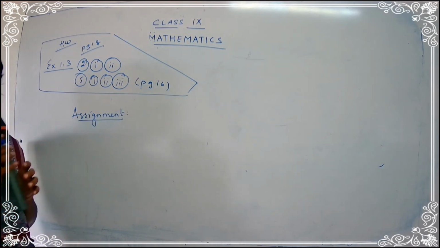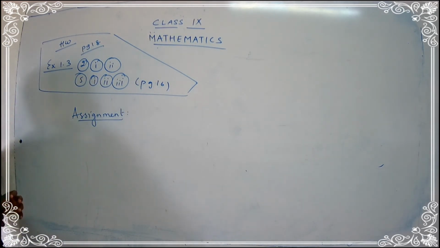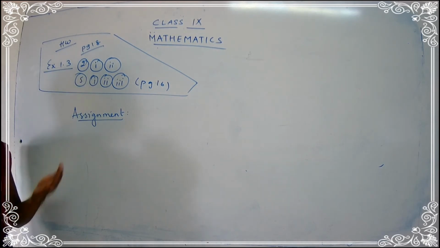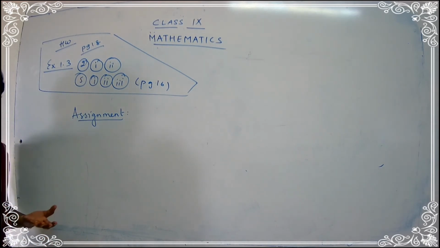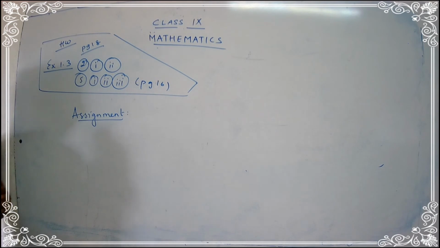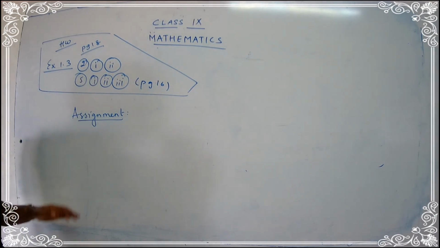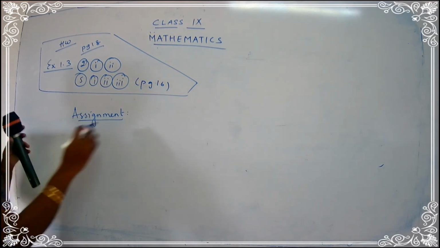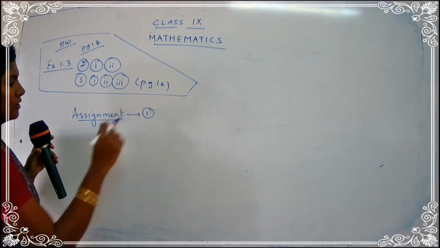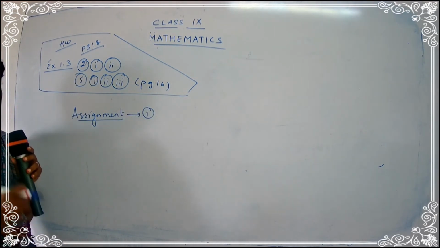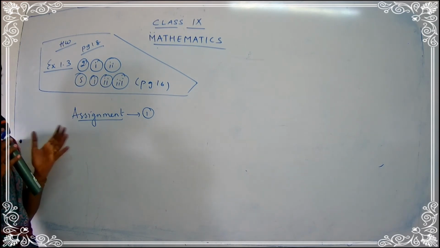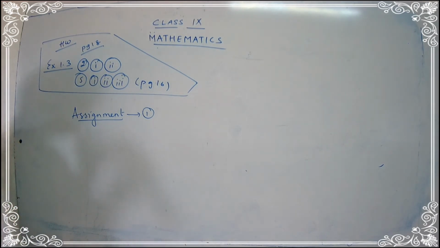Now, when you go for the assignment, you have to complete your assignment on an A4 sheet of paper, or you can just use a long plain paper, and you have to write all the answers over there. This is assignment number 1, so you just put assignment number 1. You have to file it separately, subject wise. For maths you would have an assignment. Similarly, you will get assignments for other subjects also. So you have to file your assignments subject wise.